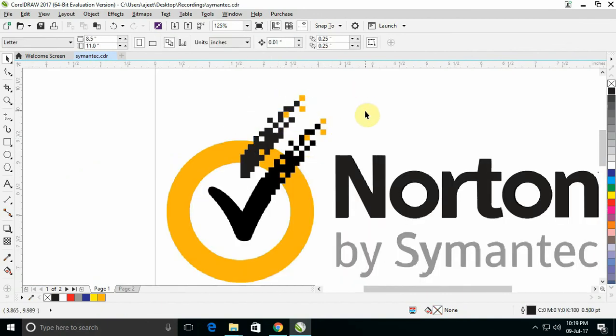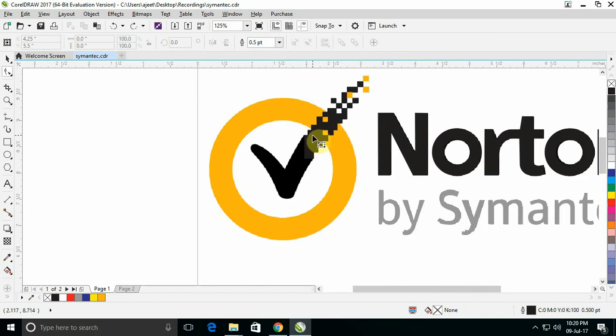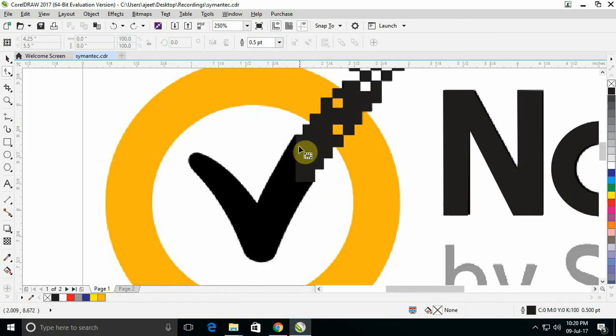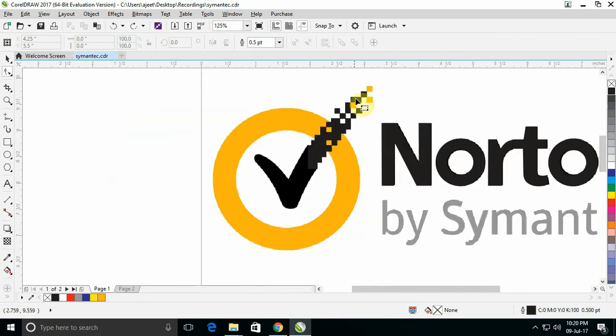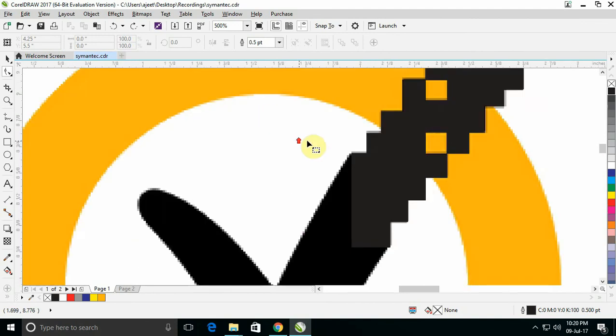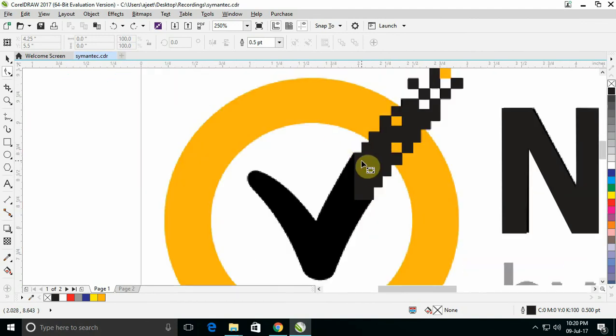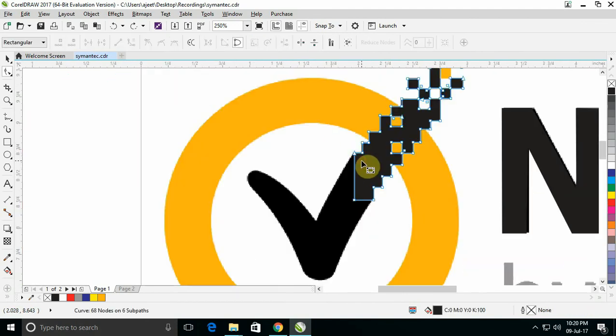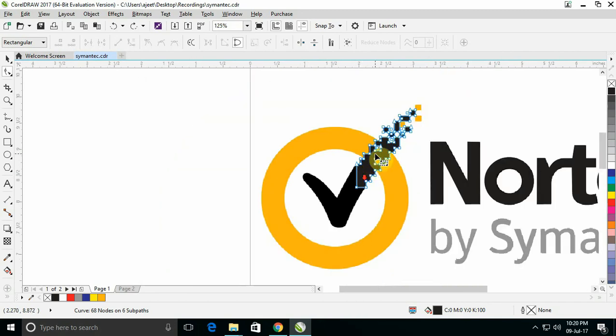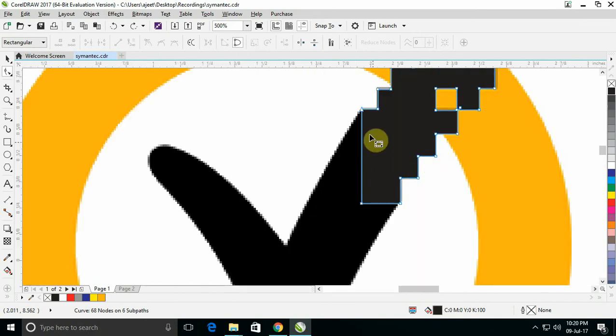I chose the shape tool, but I'm not able to choose it because that's a group. So I press Ctrl and click on the object, and I see the nodes of only the black one because I just clicked on the black one. So I move these nodes. If I click on the yellow one, the yellow one will be selected. So Ctrl and click on the black one, and I extend these nodes